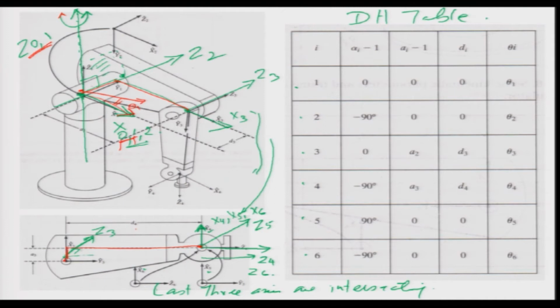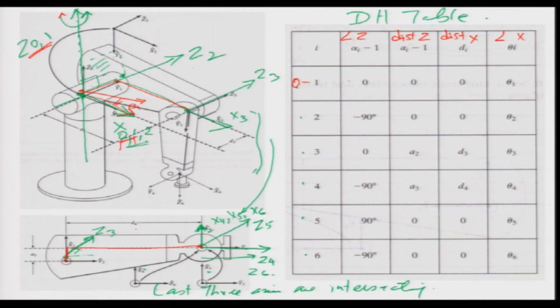So, in the first case, let us write down here: alpha is the angle between the z's, A is the distance between the z's, Di is the distance between the x's, and theta is the angle between the x's, just to remember. So, this is the angle between the z axes, this is the distance between the z axes, this is the distance between the x axes, and this is the angle between the x axes. So, for the 0 frame and 1 frame,